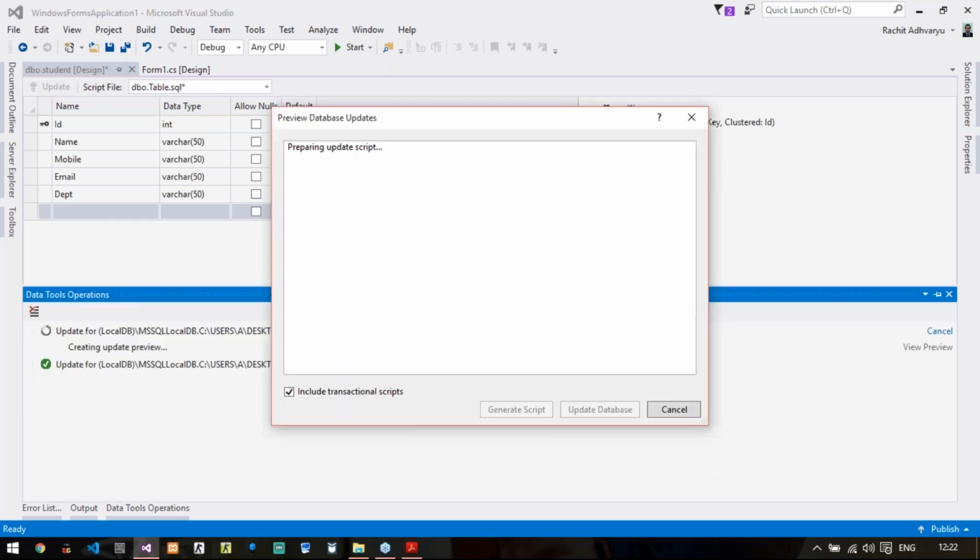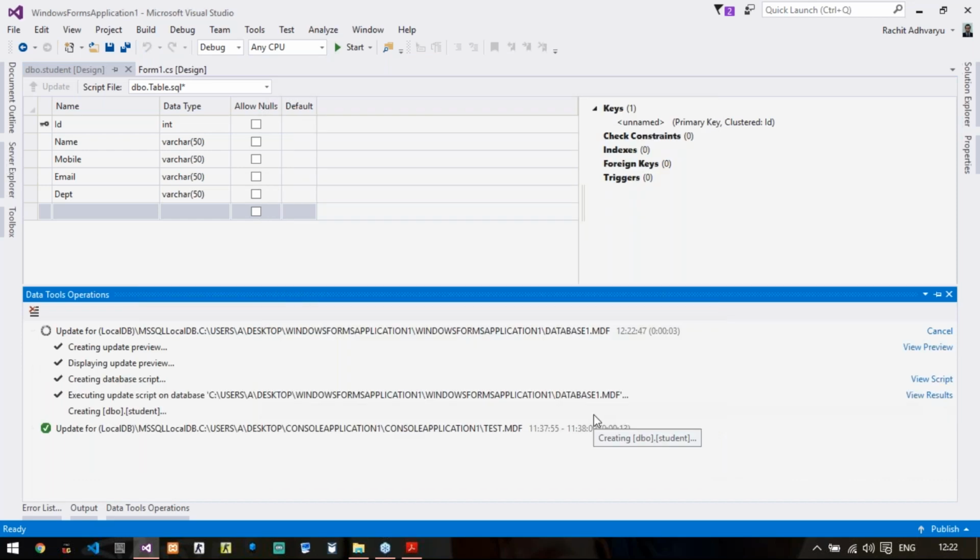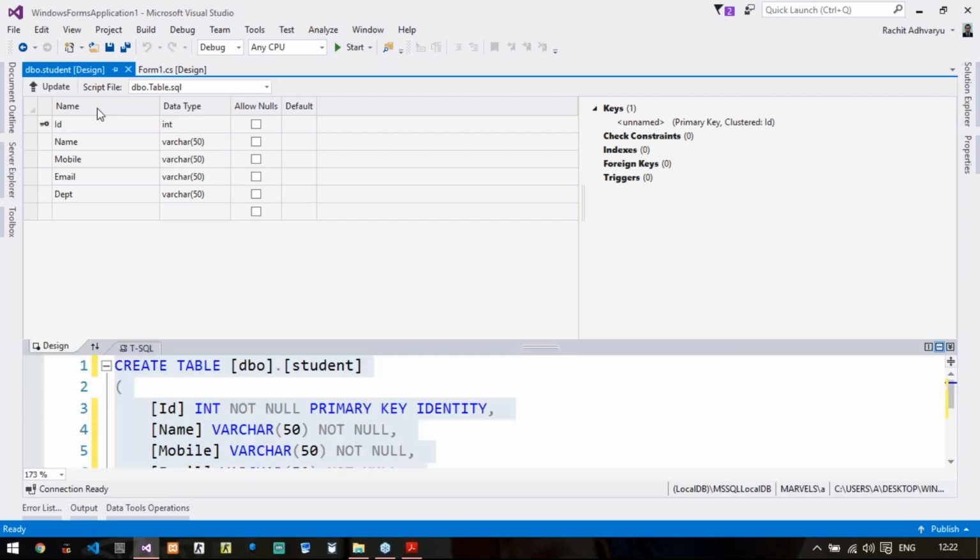So again, go to my refresh the database, show table data, and I will add some dummy data like anything.